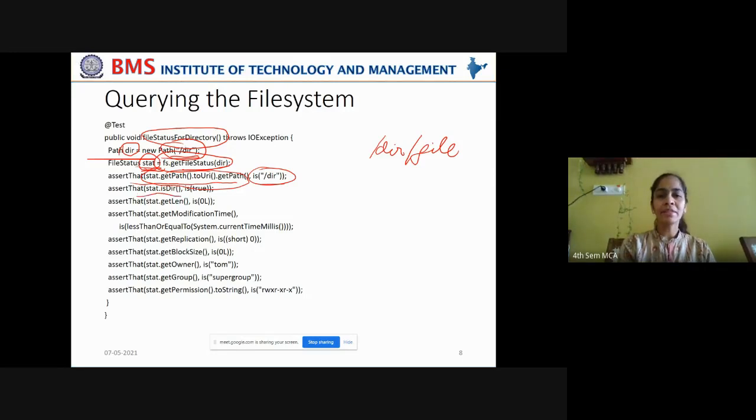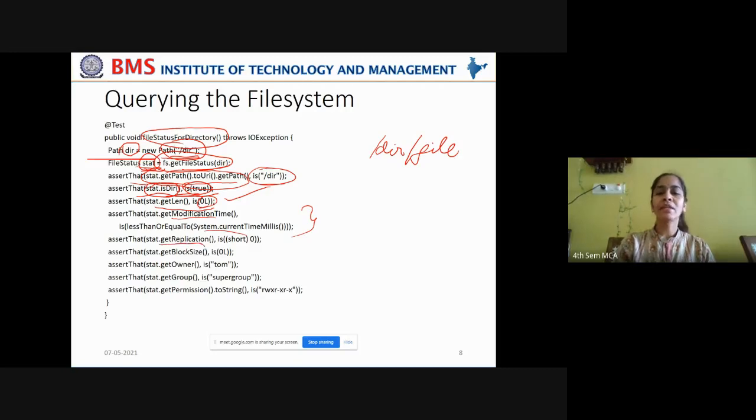Now again, in the next statement, you are trying to find here if it is a directory that you are accessing. Yes, if it is true. Okay, so a match will be done. Now get the length of the directory. Directory's length, file has a length, but directory doesn't have a length, right? So you are trying to match it with 0 bytes. So that also will be matched true. Next, you are getting the modification time in milliseconds when the directory has been last modified. Yes, match is found. No exception is raised.